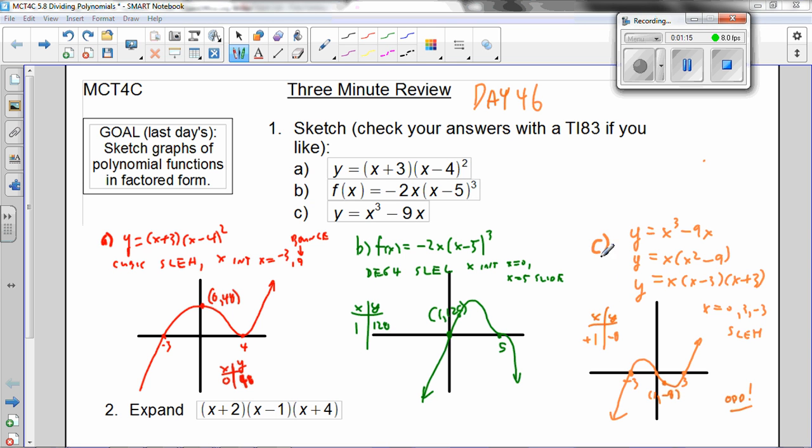The third one, well, it's not in factored form, but we learned all of those factor techniques last day, so let's put them to good use. I took out a common factor of x, left me with a difference of squares inside, x minus 3, x plus 3, bada bing, bada boom. We got 3 roots,